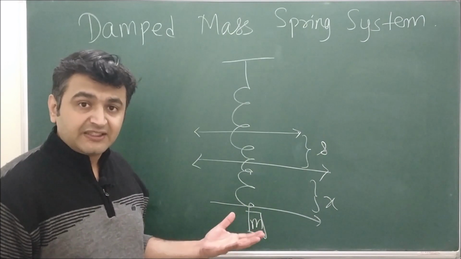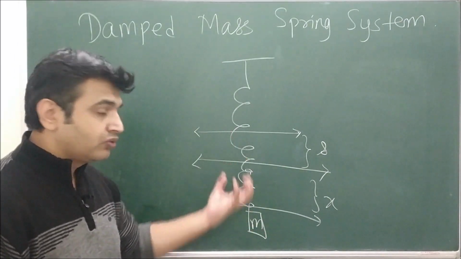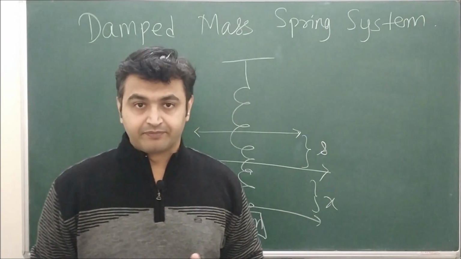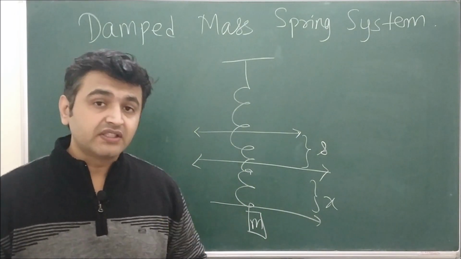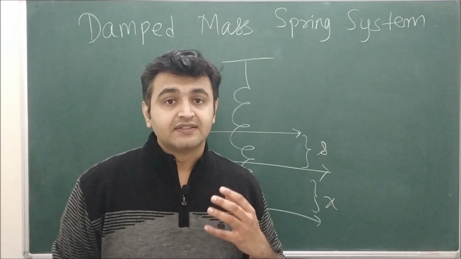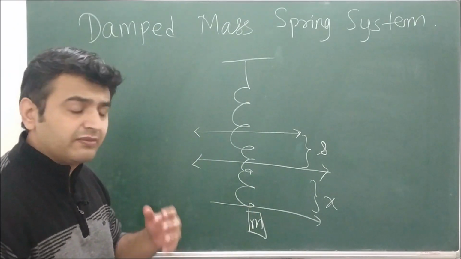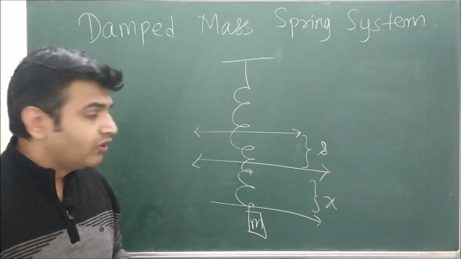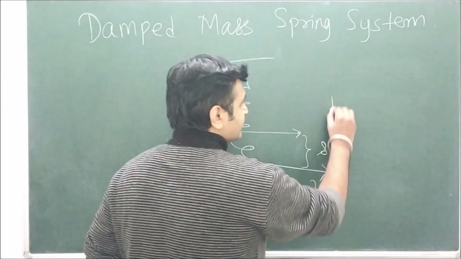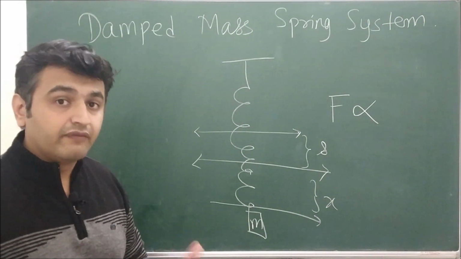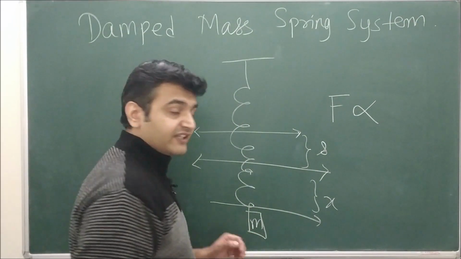Okay, so now suppose you have a dash pot attached to this, and now when you do this oscillating, the question is what will be the differential equation for this system. Now what does the dash pot do? It reduces the speed of the system, or it reduces the oscillations, and ultimately it will bring it to zero. So what is the damping force? Your damping force will be proportional to the velocity of the object of mass m.